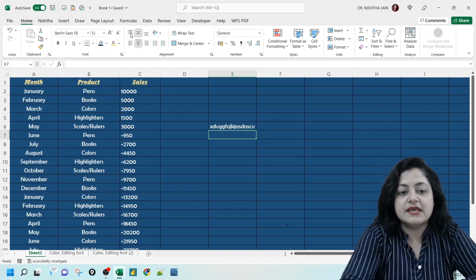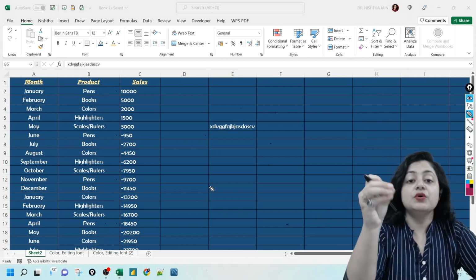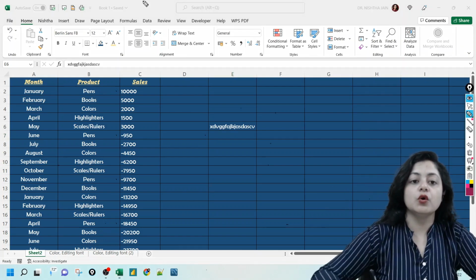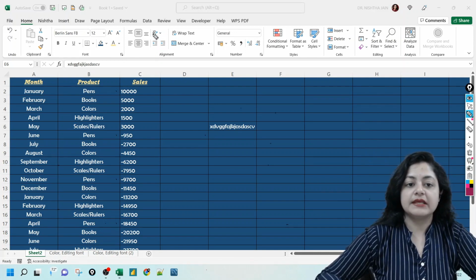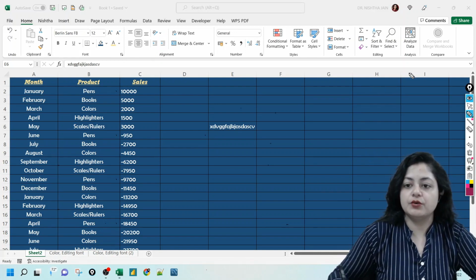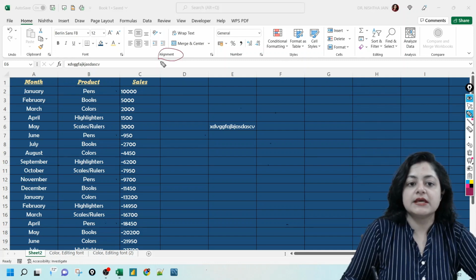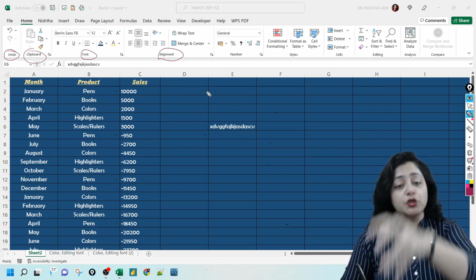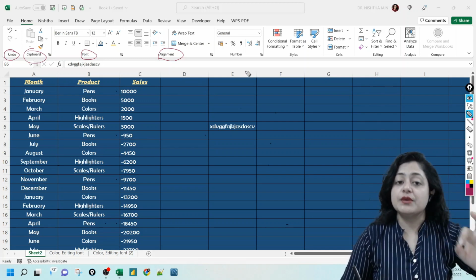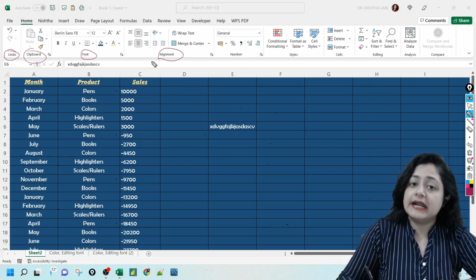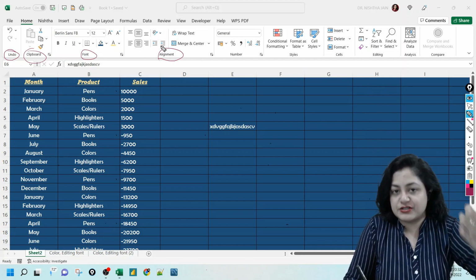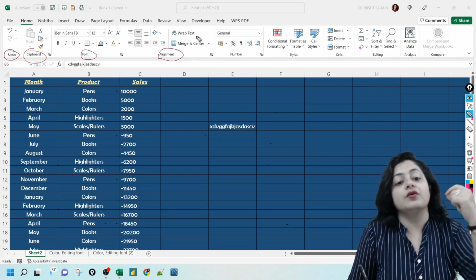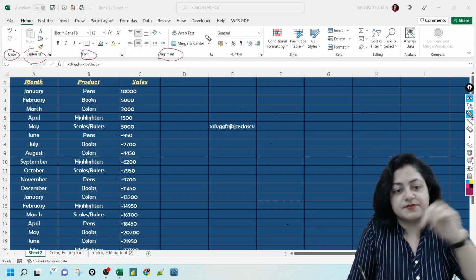Now let's see the different alignments which are present. Under the Home tab, you will go to this option. This is the alignment group. You understood what is meant by groups, right? We have seen that already. These are the different groups under different tabs. So we'll go to the alignment group, and inside this group,